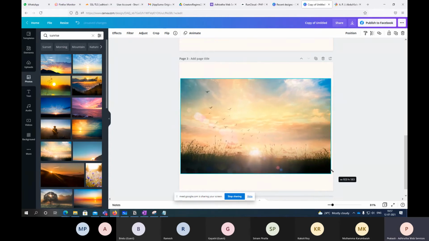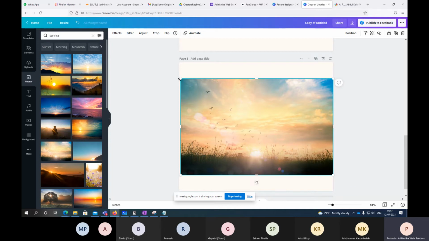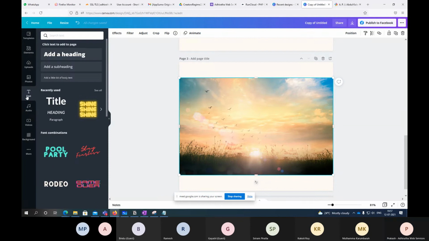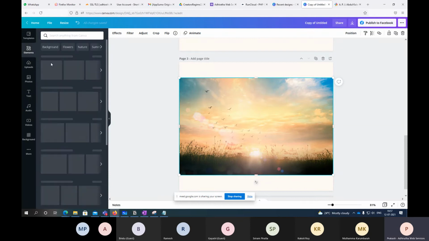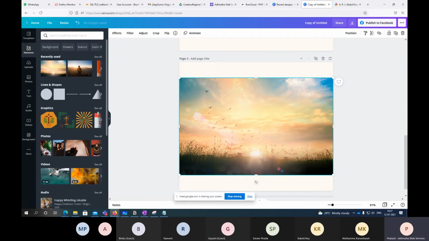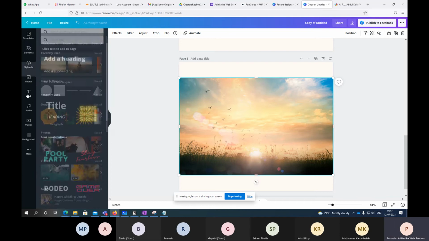So either we can actually drag and do this. Now you're telling that when you're adding a text here, there is not just text, you have an element section also here. So I'll tell you how it will help. Let me take a text here.